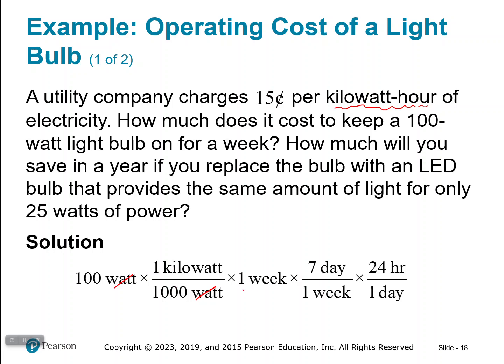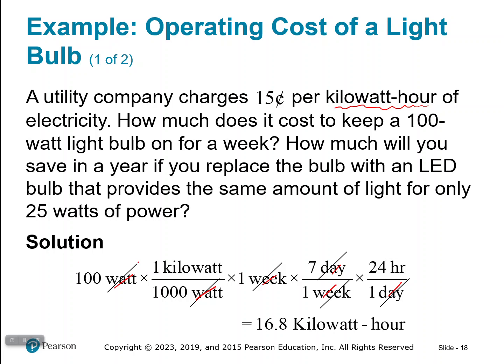But we want to multiply that by a whole week, and a week is 7 days, and 1 day is 24 hours, so we have our big long string of multiplications. I'll do 100 divided by 1,000, I'll hit enter, times 7 times 24, and I'll get 16.8